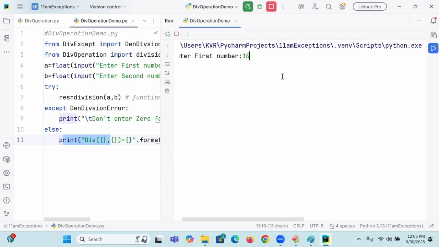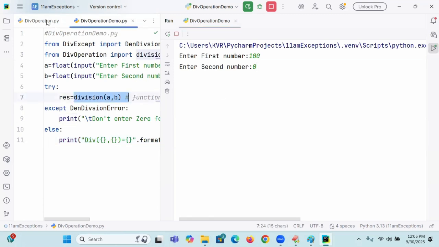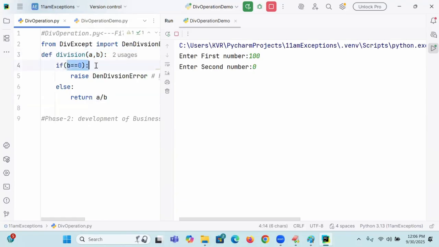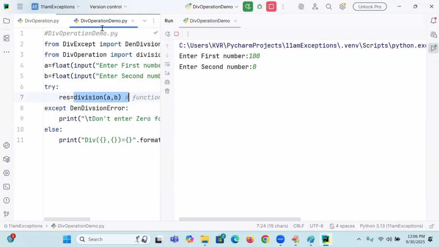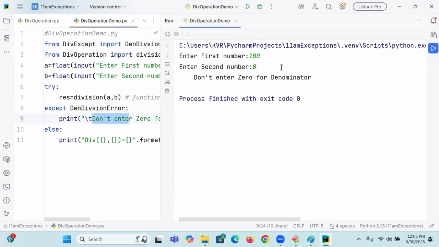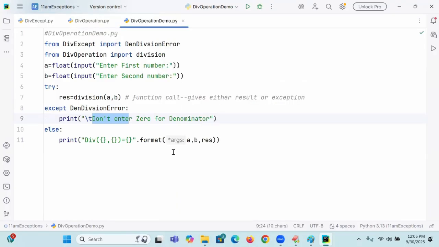Second, I am writing 100 and I am writing 0. 100 by 0, what is happening? These values are going to this division function. 100 and 0. 0 is equal to 0, true. True means what? Raising an exception. Coming to this, once the exception is raised, you are handling it also. It is going to print don't enter 0 for denominator. Is the message coming or not? Getting or not? Right. Okay, this is one thing you got. And online students, is it clear? Next,